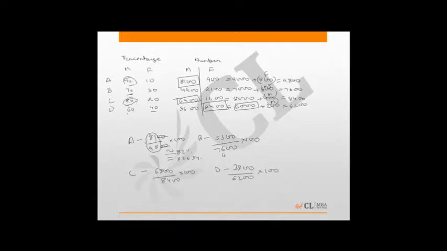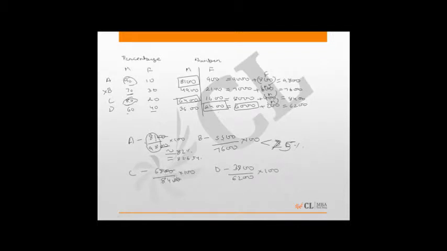Fine. If I go to B, I know that B is nowhere close to 80%. It is 55, it is 76, the difference is 21. So it is always less than 80%. I can anytime say that. In fact, this figure is less than 57. 57 would have been 75%. So I can always say that it is less than 75%. So University B's option is ruled out.